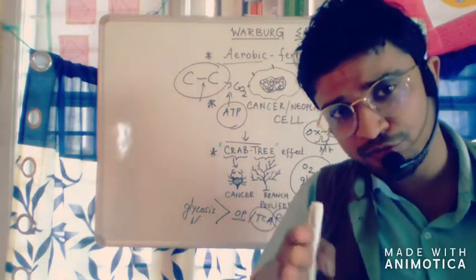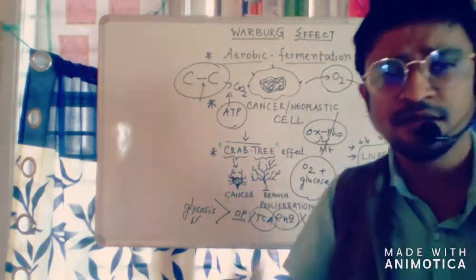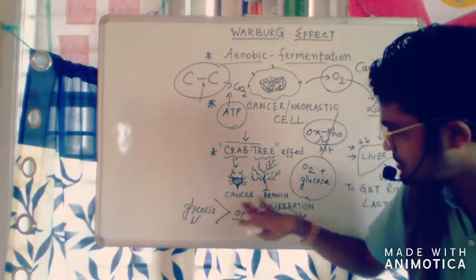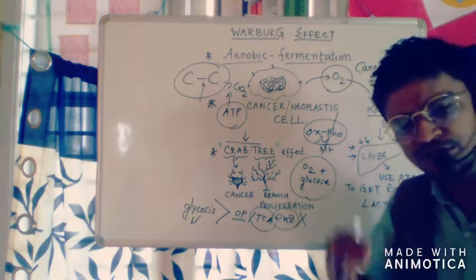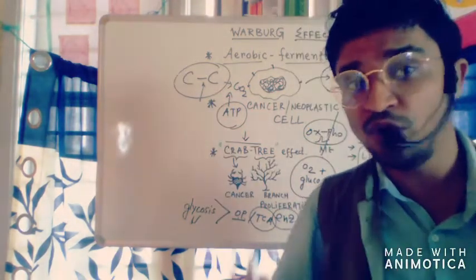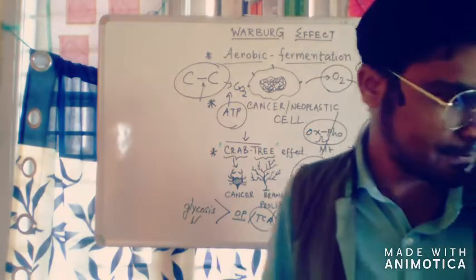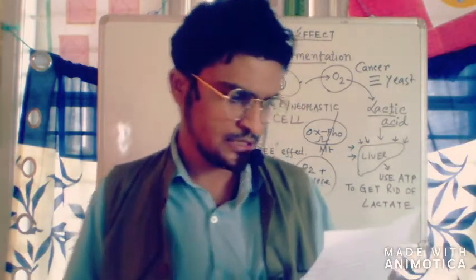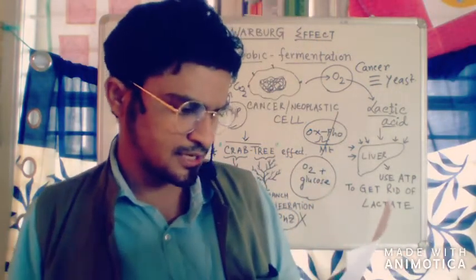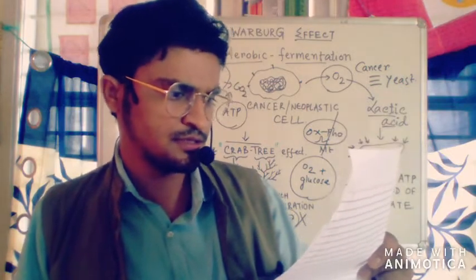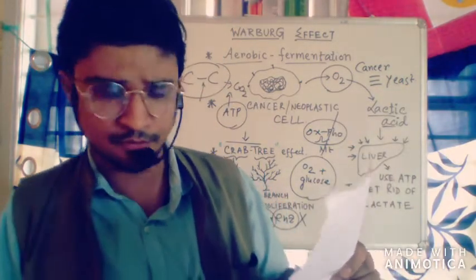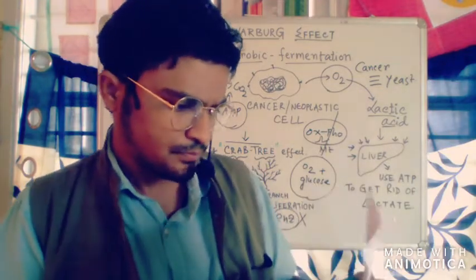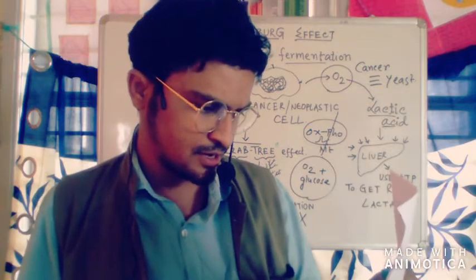So that is why one pathway has been selected during the course of evolution. The main purpose is that the cell has to proliferate, as you can see from the word cancer proliferation. So their main function is to proliferate, not to produce energy for the body. They thrive on minimal enzymes, and they obliterate or reduce the TCA cycle. That is true. And some tumor cells may show a promotion of OXPHOS, but that is a little bit rare. In the last decade, they have found some information regarding that.